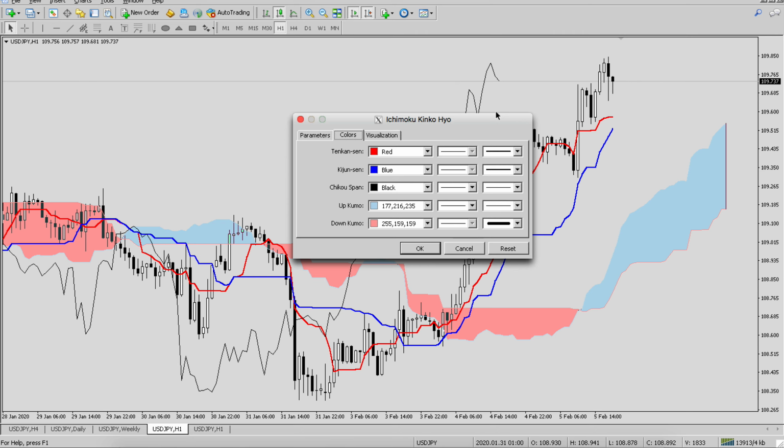You can give it a slightly different color if you want. Then up Kumo and down Kumo. I wanted down Kumo to indicate that it's down, so I gave it a reddish color, but more subtle, and up Kumo just to make it look like a nice blue cloud.